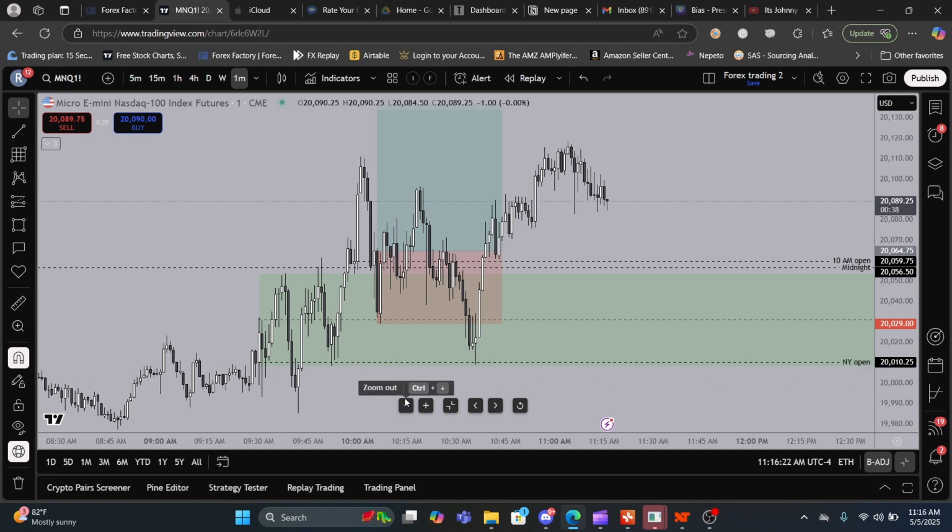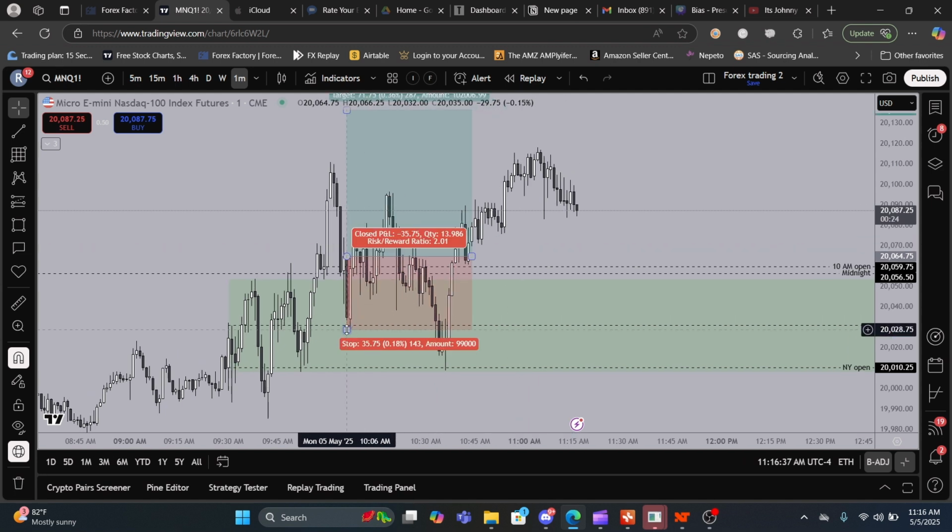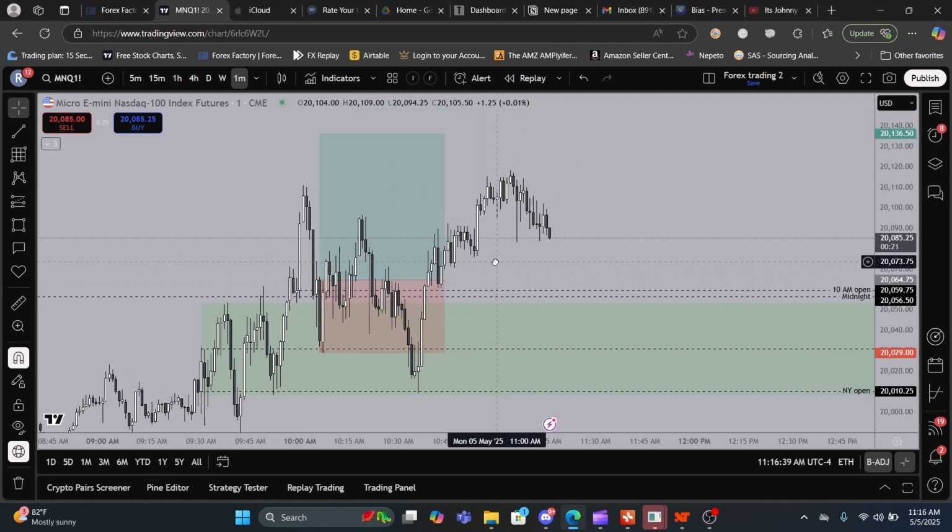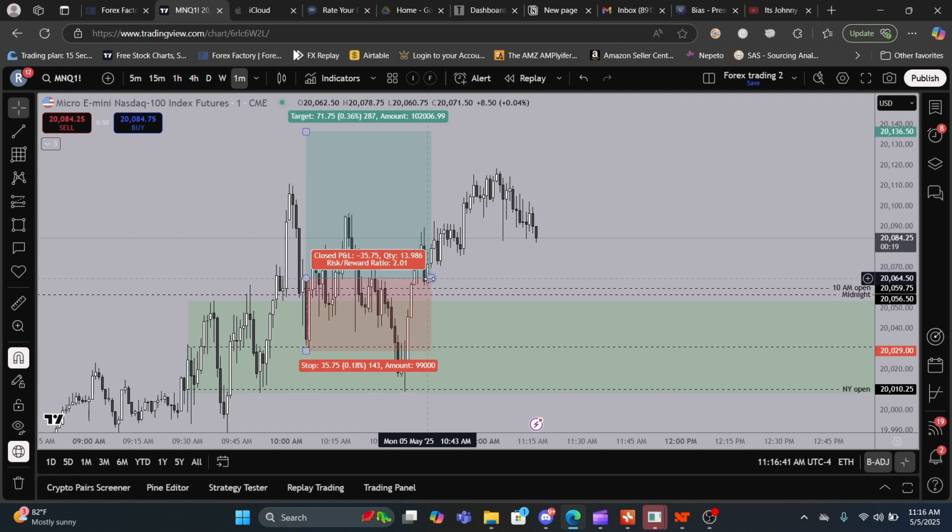And a lot of the times, I'm starting to learn that I need to wait for price to be below both of them, preferably. And if it's not, then I just don't trade that day, right? That's something I'm learning, because we took this loss here for about 35, 36 points, okay? And then after that,